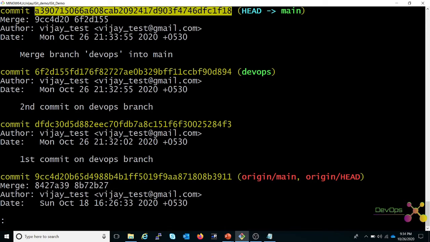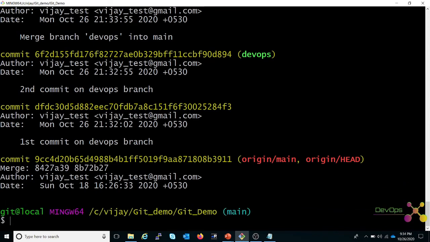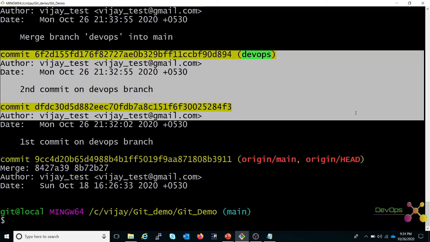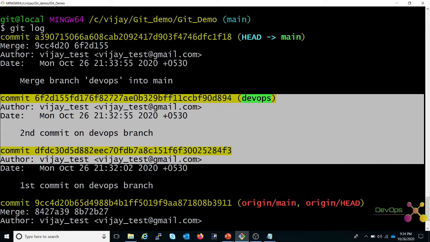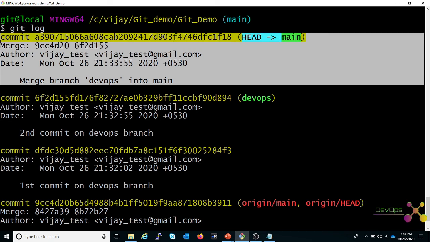merge commit. So what is the difference between fast forward, non-fast forward and squash? First we'll go through the difference. Fast forward is the default. In fast forward, when you merge the commit, if there is no change on the master branch and the base commit is matching with the feature commit, then it will create only these two commits. It will not create the extra commit. This is the merge commit. This commit has nothing, only the merge. It shows that something has been merged as part of this commit.